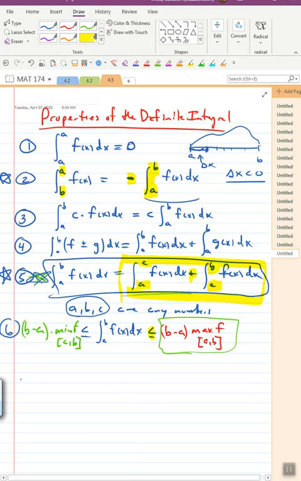Okay, I think there's just one last one. It actually is two parts, but yeah, this one's real easy. Okay, if